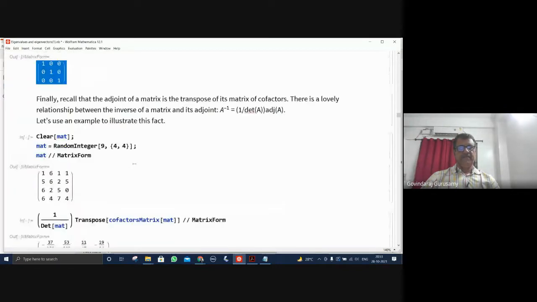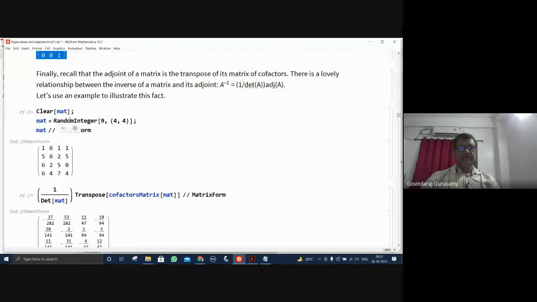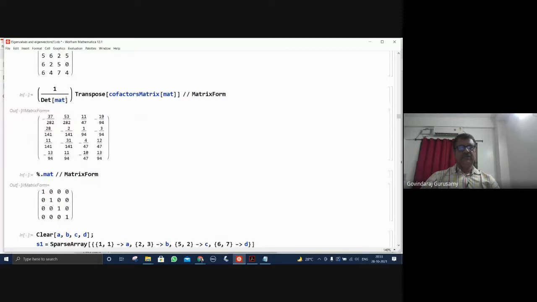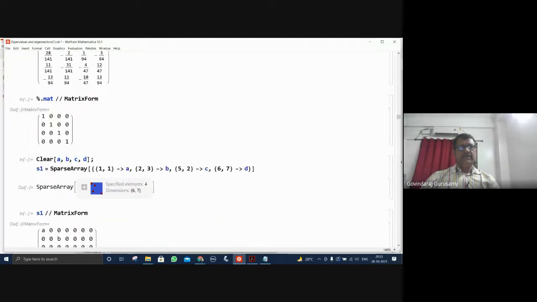Okay, and here is another matrix that has been verified here. This is a 4 by 4 matrix. You can see this is a matrix form which has been written. Transpose the cofactors, divide by the determinant of this matrix. I have this number. Multiply that with the matrix. Inverse multiplied with the matrix. This is the number that will.